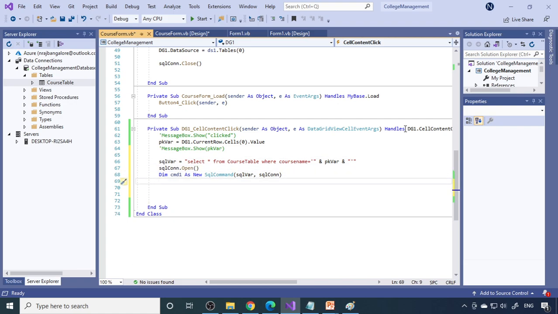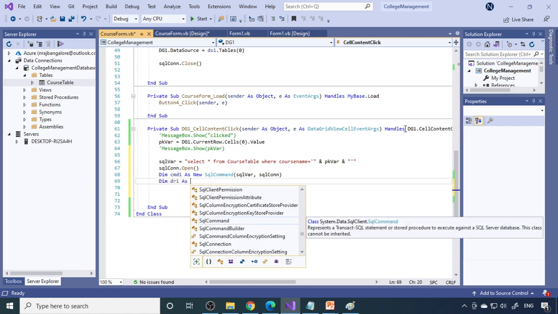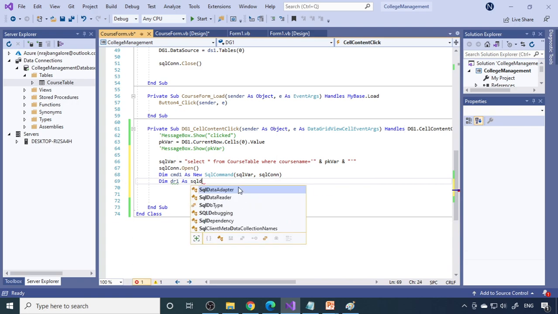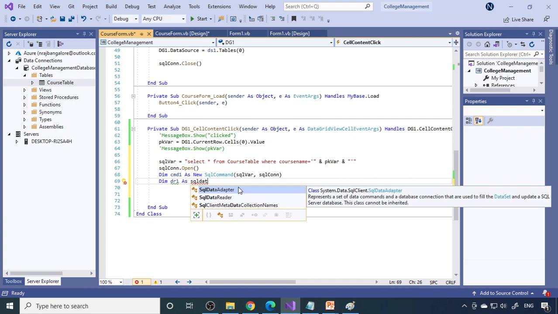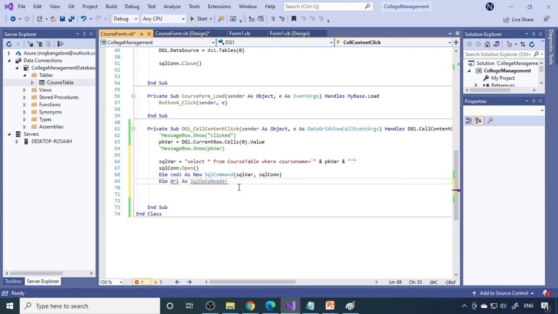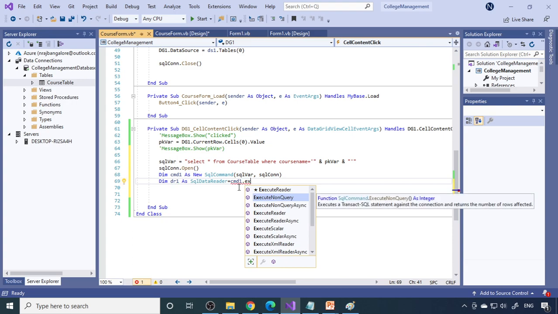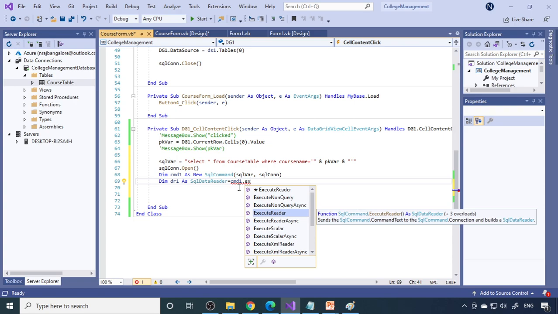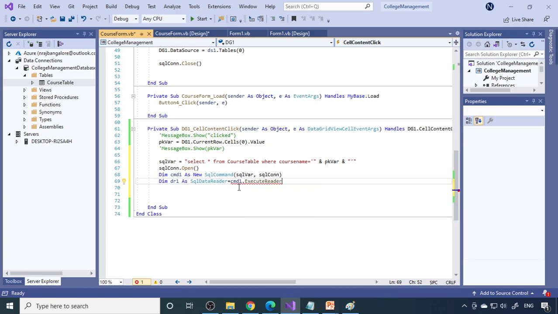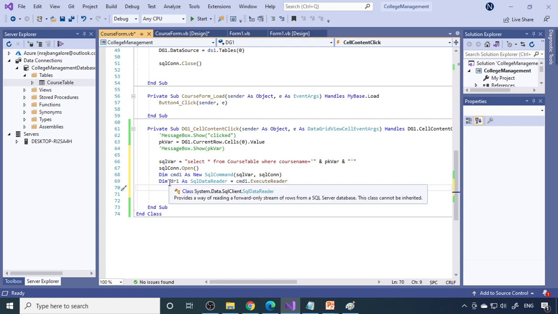Now whatever data comes, you need to transfer it to the data reader. So you can say Dim dr1 As SqlDataReader. The data adapter we discussed in the previous video fetches the data and sends it to the grid view. Now this is the data reader. So select the data reader, which is equal to cmd1 dot ExecuteNonQuery. Sorry, it's not a non-query. You should say ExecuteReader. So you need to read the data and then transfer the data. So you say ExecuteReader. In ExecuteReader, whatever data is selected will come to dr1.